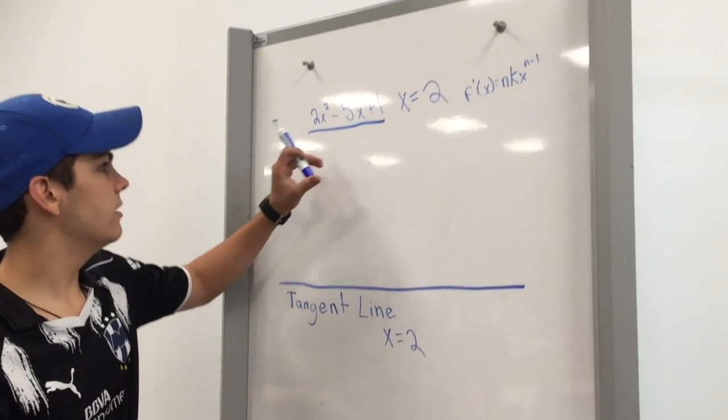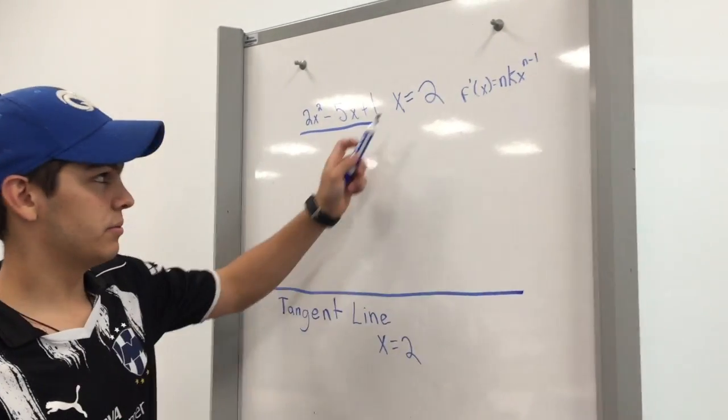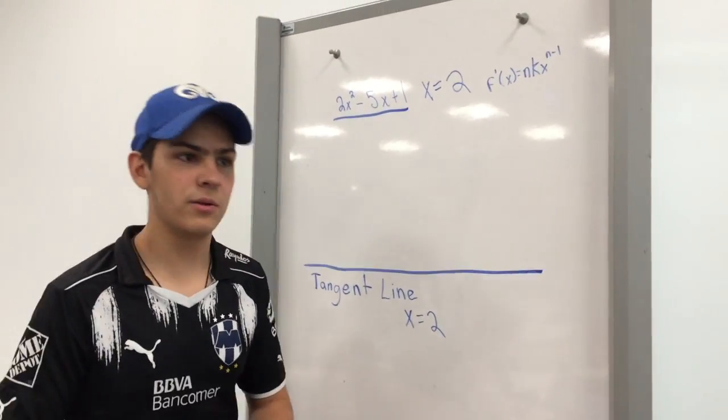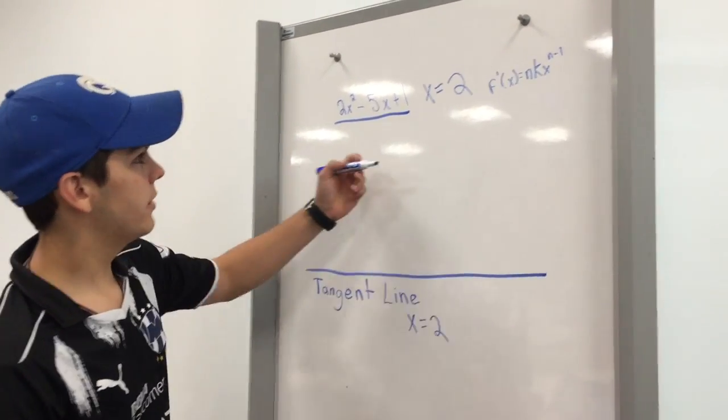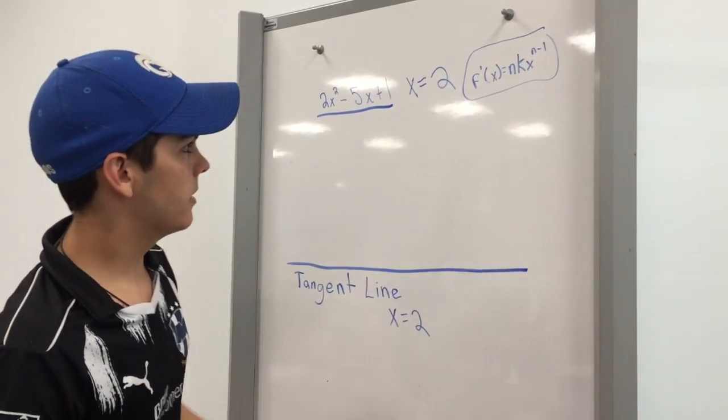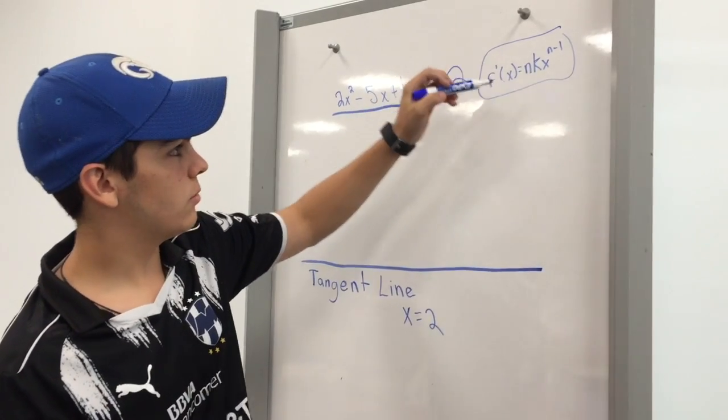Here you have to find the derivative and then substitute x equals 2. That will give you the tangent line, that is y equals mx plus b. So the first thing, we're using this rule, that's rule number 1: f prime of x equals nkx